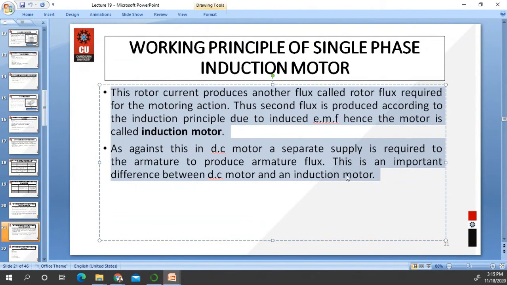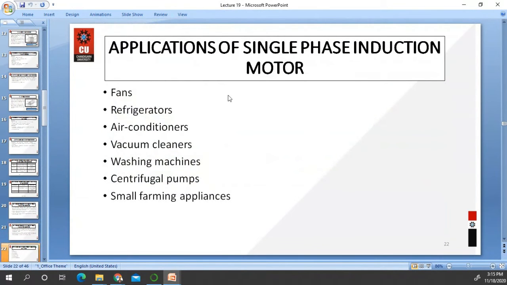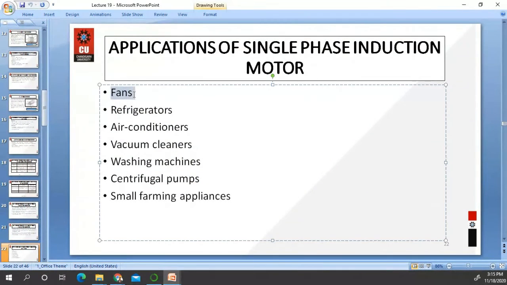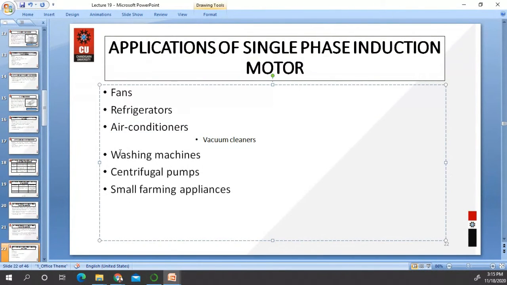In an induction motor, the outer portion is called the stator, whereas in a DC motor, this outer portion is called the armature. So, applications: we can use this single phase motor in fans, refrigerators, air conditioners, vacuum cleaners,